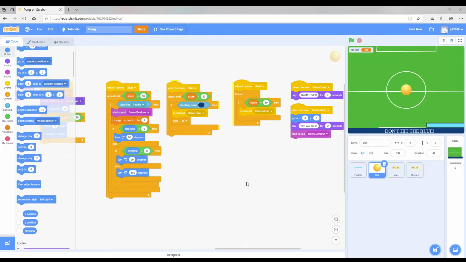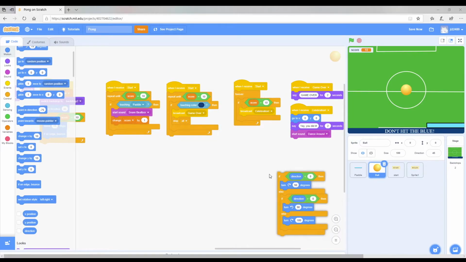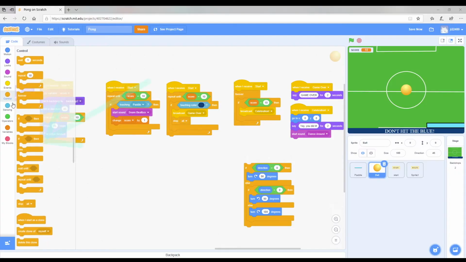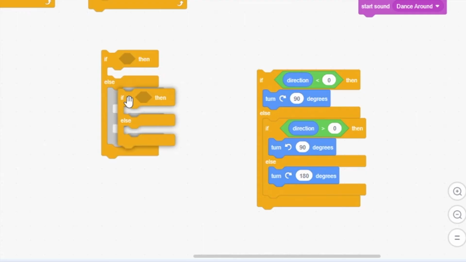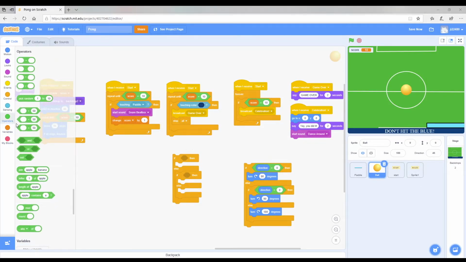Okay, so I figured out a way to fix the glitch. Sometimes it'll turn the wrong way and it will turn into the paddle instead of away from the paddle, which makes it count as multiple bounces, and that's a little bit weird. Now, if you want to fix this, we're going to use two if-else statements, 1, 2. And 2 operators,